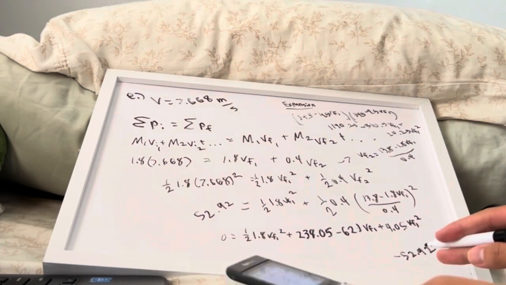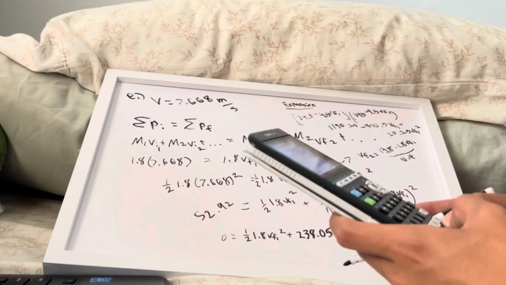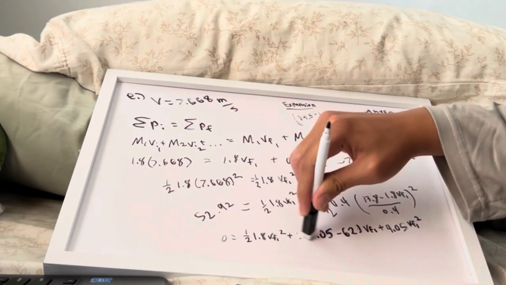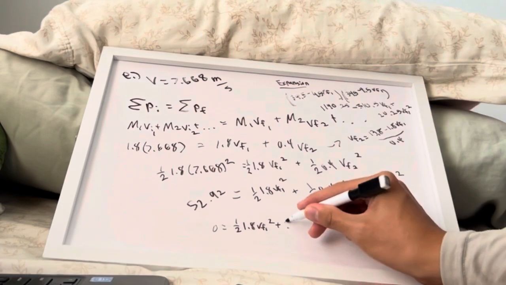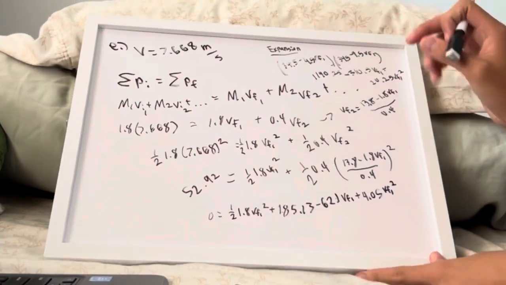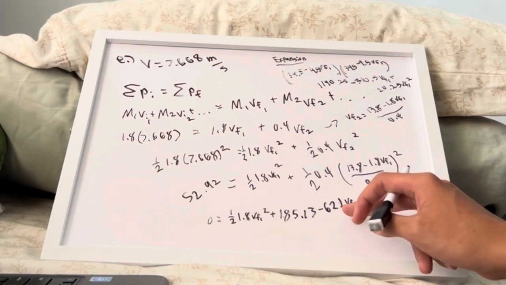Minus the 52.92. So I'm going to get that constant right here, 238.05 minus 52.92, and that is going to turn this constant into 185.13. So we have 1/2 times 1.8 VF1 squared plus the constant right here, and then I just need